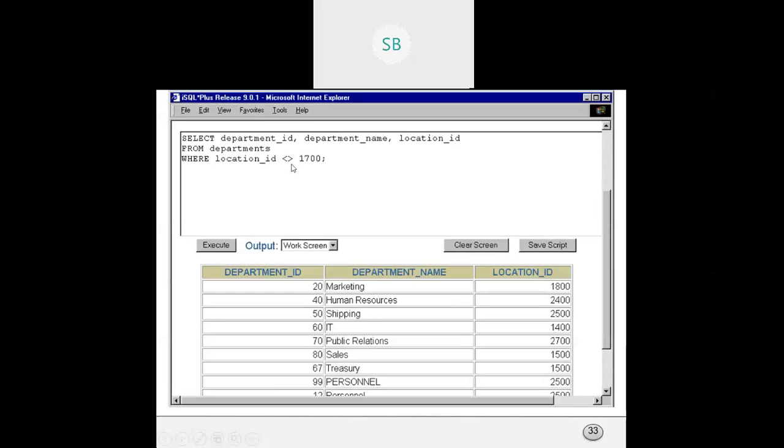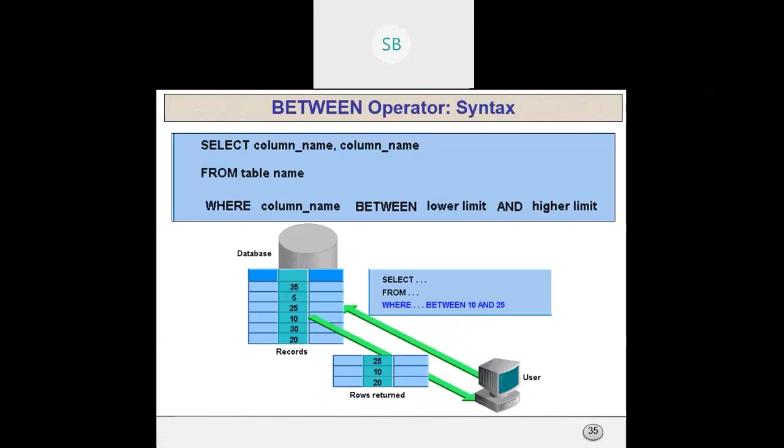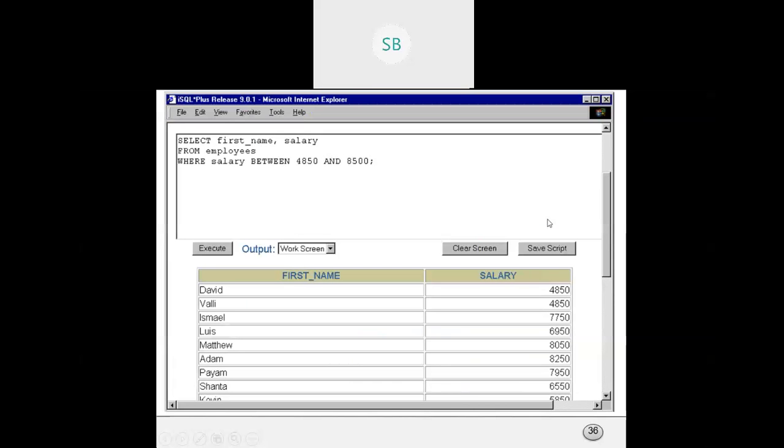This is a not equal to symbol where location ID not equal to 1700. Then comparison with between operators, where you use select column name from table name where column name between lower limit and higher limit. I think the example is here.